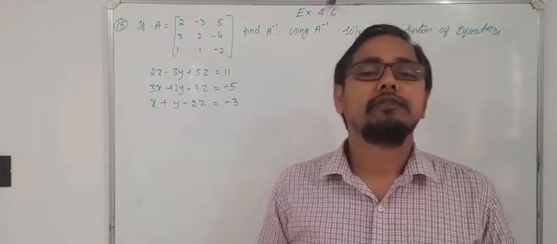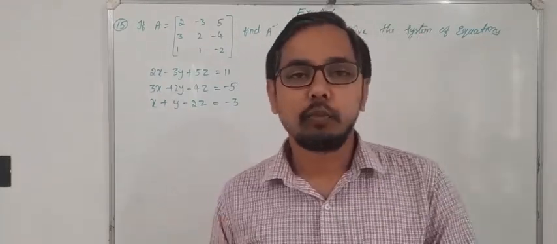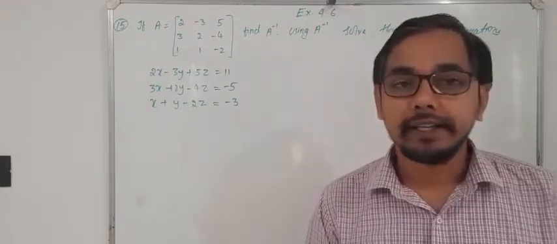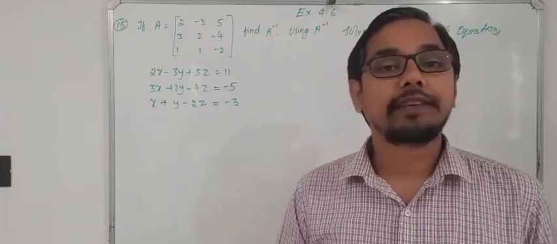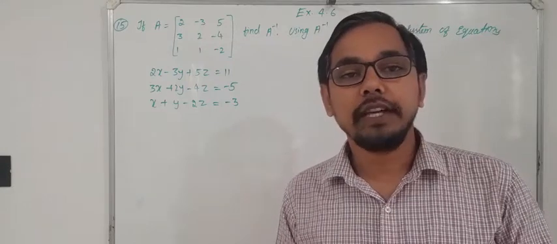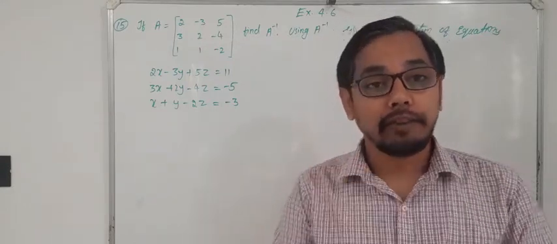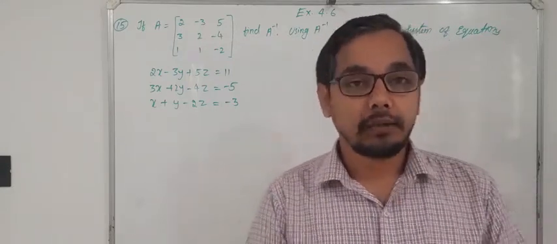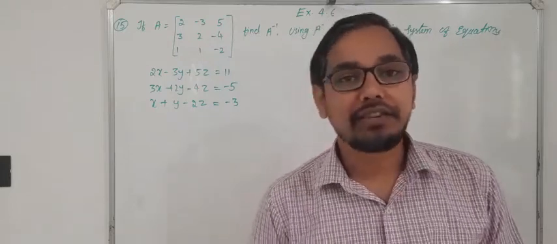So in the last few sessions we were discussing exercise 4.6 from your 12th NCERT textbook on determinants, right? So we have reached almost the last section of determinants, that is, we were solving exercise 4.6. Let's continue the same discussion. Today will be the last session, right?